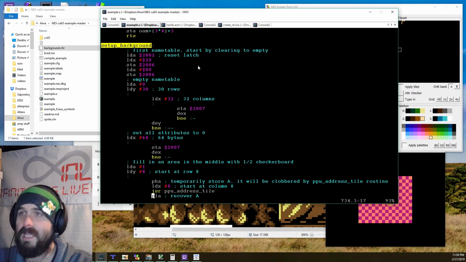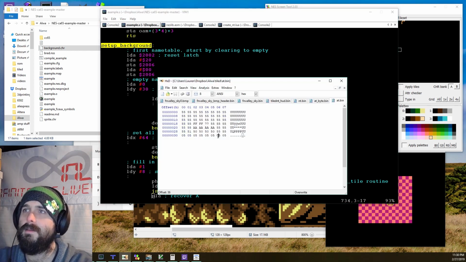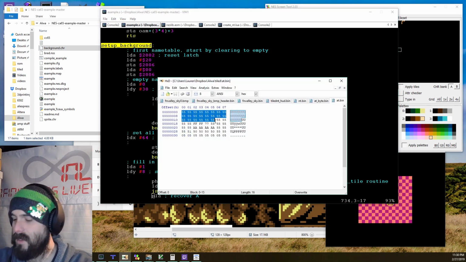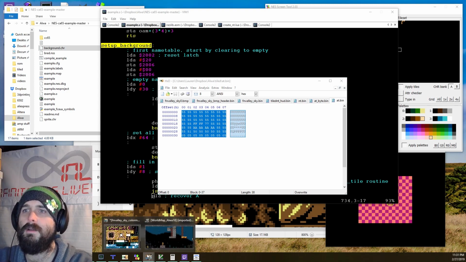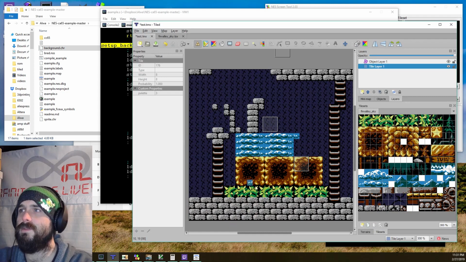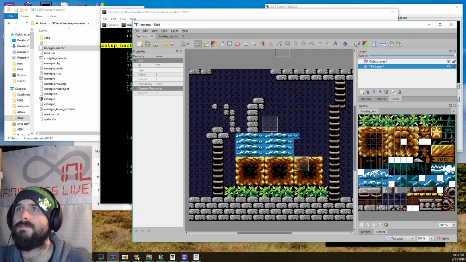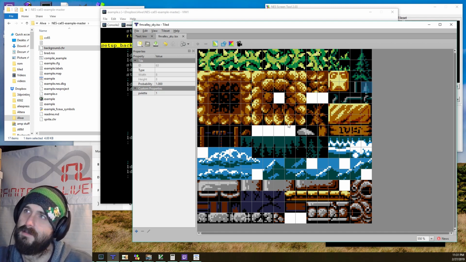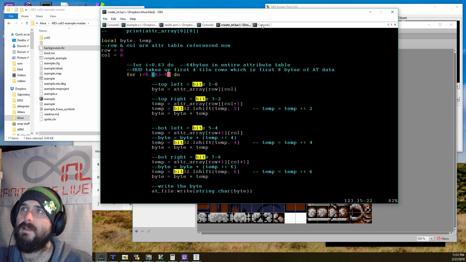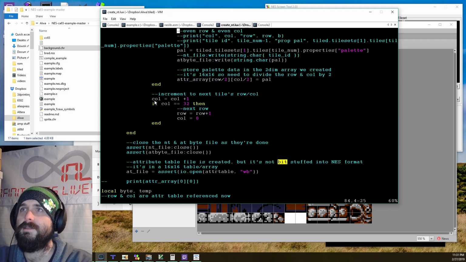Yeah, we've even got it. Boom. So I'm guessing you're just joining us, but earlier we took our Tiled. So Tiled will export to Lua format, and we made a custom property for our palette. So I gave the different tiles a palette number, and we exported that to Lua, and then we took our